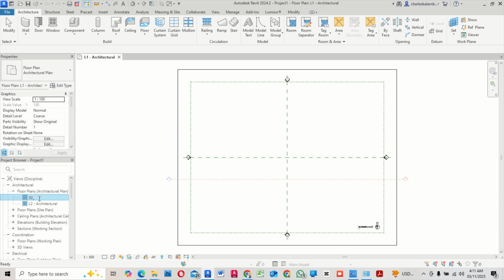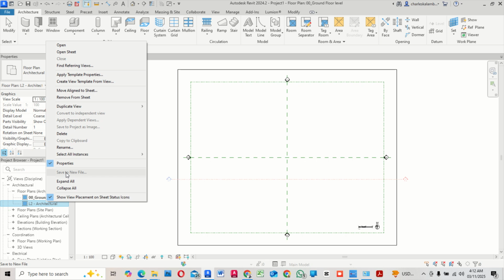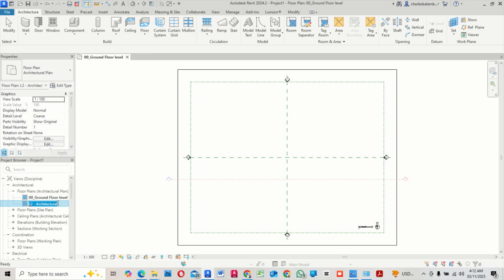00 ground floor level. And the next one I'm going to rename to 01 first floor level. Okay, so now